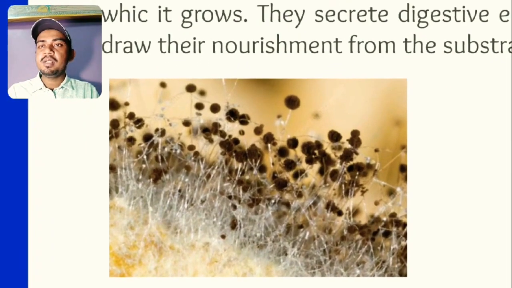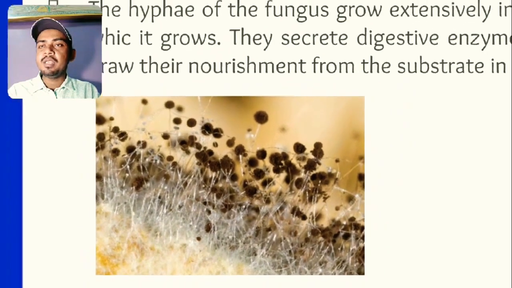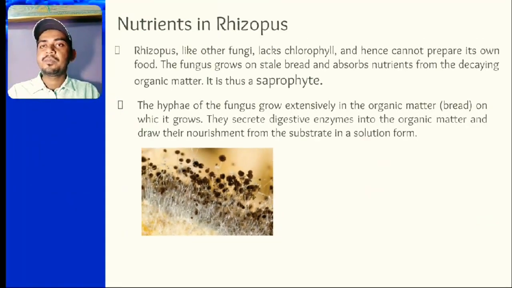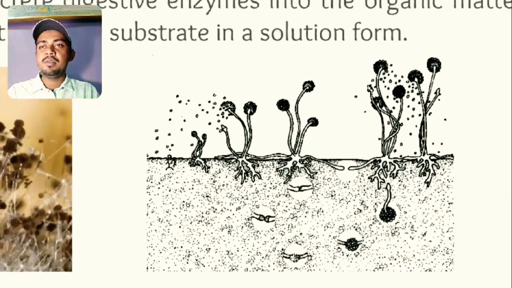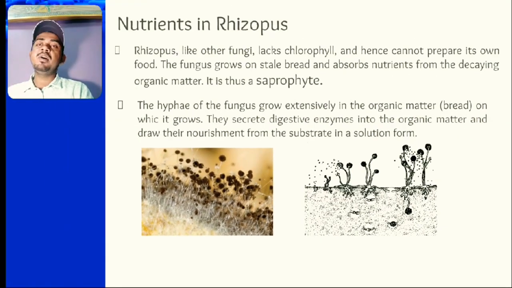This is again a very beautiful example of hyphae and mycelium, showing its hyphae and sporangia. Here you can see nutrition in this image. Why is it said so? Inside the bread, this is a bread mold. Inside the bread there are roots, different types of structures growing inside. So these are also present when the fungus is not very clearly visible on the top, but they started growing from inside.